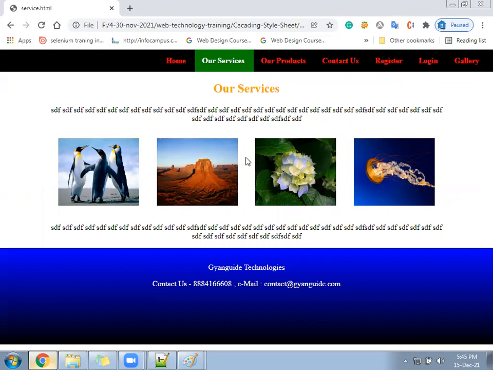We are able to write in one place and access many places, but where? In the current page only, not in the other pages. So the next method we call external CSS. In external CSS, the CSS file will be separate and the HTML file will be separate. You will write the CSS in one place, and no matter how many HTML files you have, call the same CSS everywhere. Based on ID, class, tag name, or tag group, you can create in one place and keep accessing throughout the project. Okay, that is called external CSS.